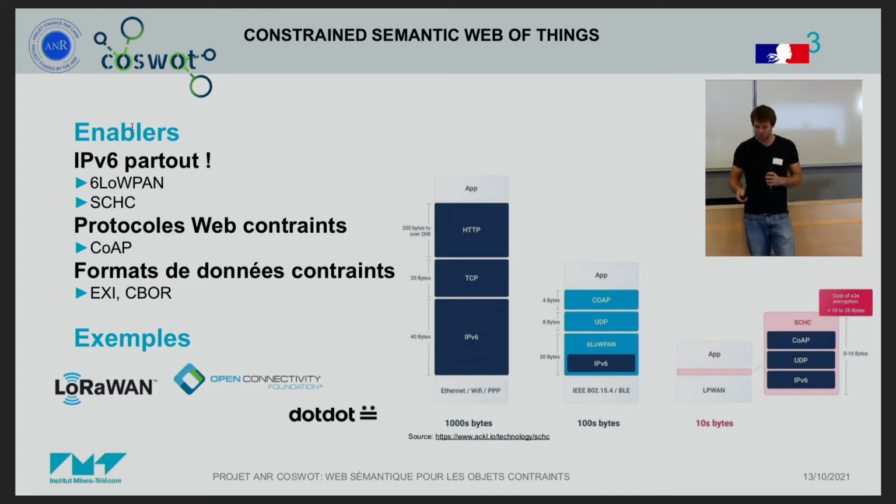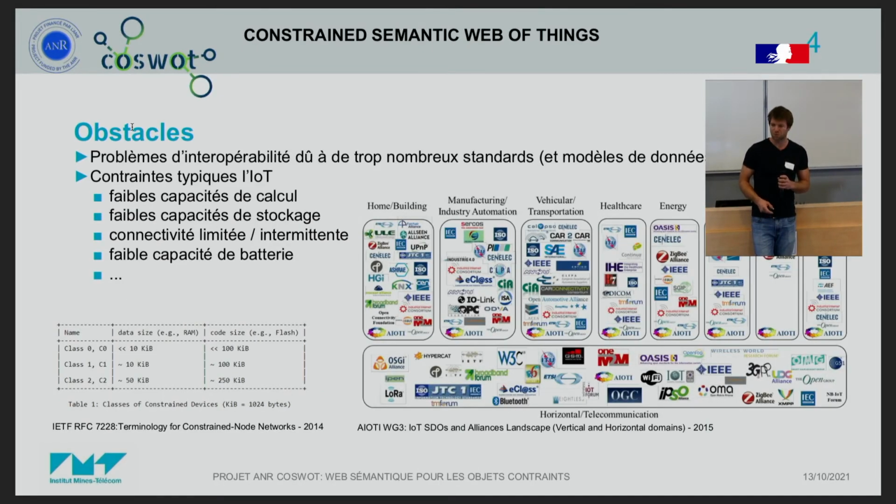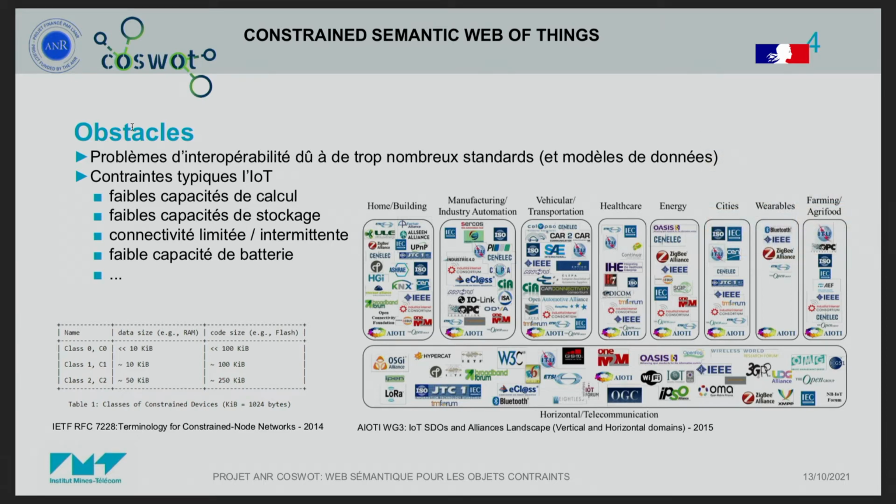So Open Connectivity Foundation are examples of Internet of Things protocols that actually use CoAP or CBOR. Some obstacles are that there are a lot of interoperability problems, due to the fact that there are so many standards and so many data models out there. So you have here a view of a landscape of SDOs and alliances made by the IoTI, Working Group 3